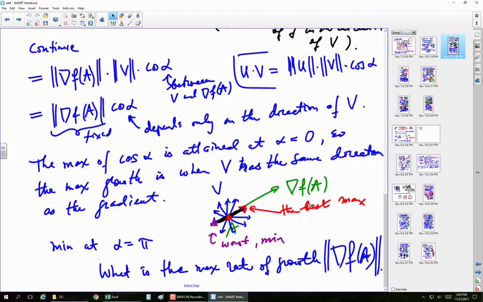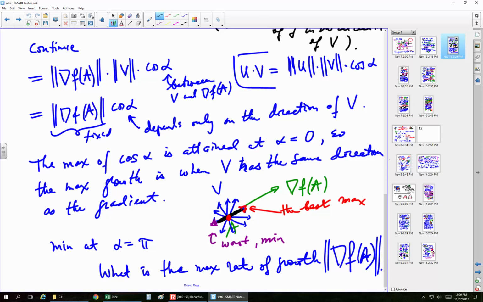So as you can see, if you go in the direction of the gradient vector, then you will have the fastest growth. If you go in the opposite direction, you will have the fastest decline. That is the purple one over there, and then everything is in between, left, right, and there's certainly a direction missing here, and that is the direction